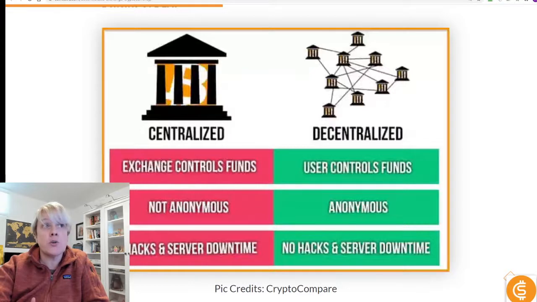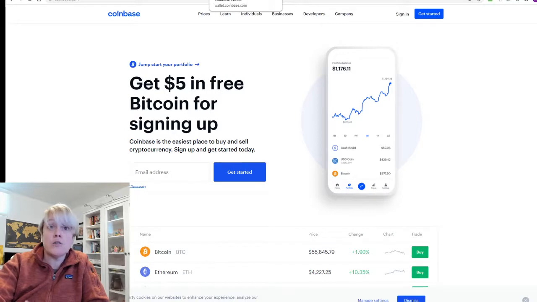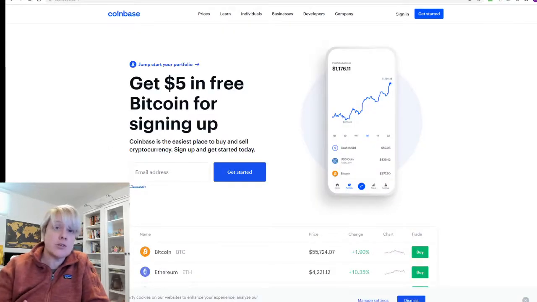So I just want to show you the websites real quick so you know which is which. Coinbase.com looks like this. They do also have an app. So when you go to the App Store, you want to make sure that you're looking at the right one. If you want to do the decentralized Coinbase wallet, it looks like this. It'll say wallet in it in the App Store. And then the Coinbase regular app looks like this. You can also access it through Coinbase.com.